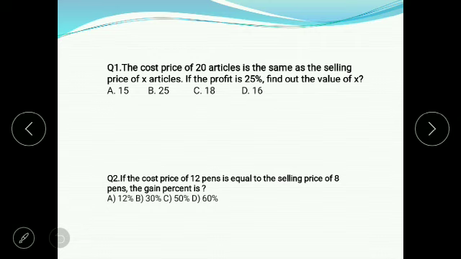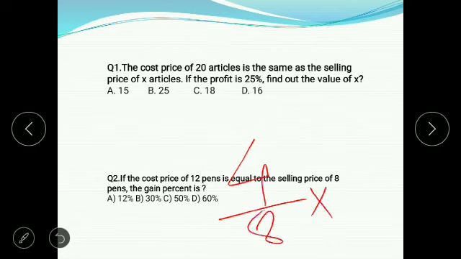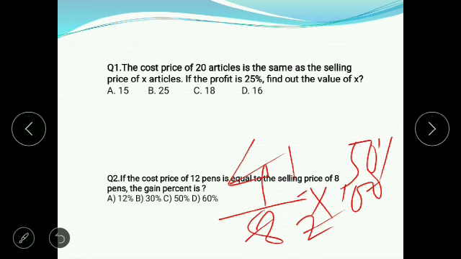If you follow the ordinary approach, you have to calculate the cost price first, then the selling price, then you will obtain the profit percentage. In a shortcut way, how can you solve this math? How many goods you have left? You have left 12 minus 8, that is 4, and how many goods you have sold, that is 8. So by simply doing this you can obtain the profit percentage, that is 50%.